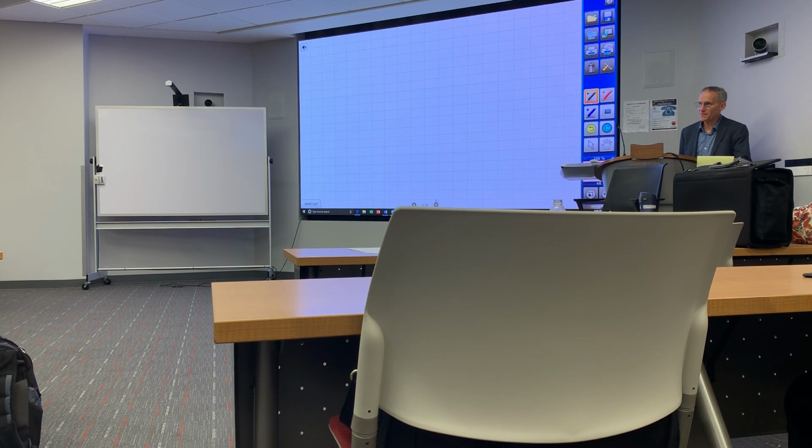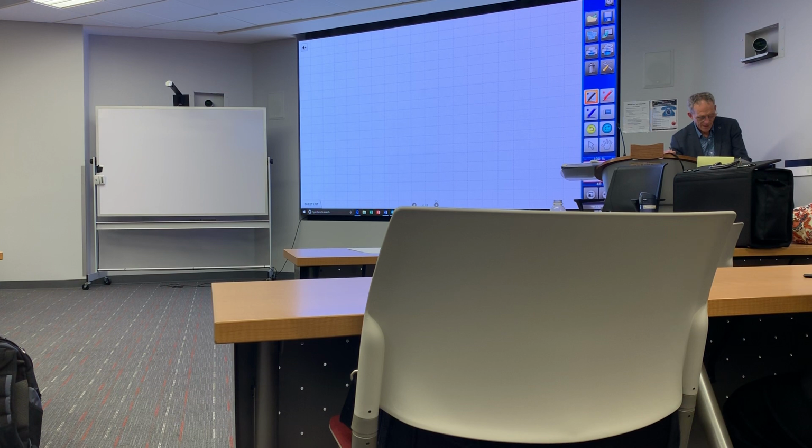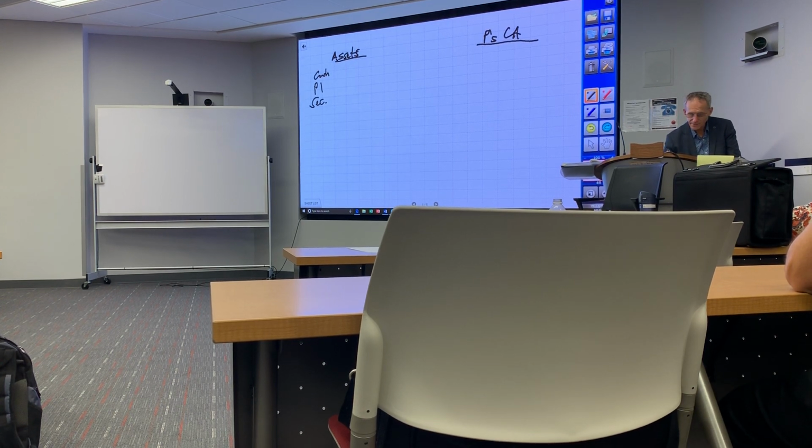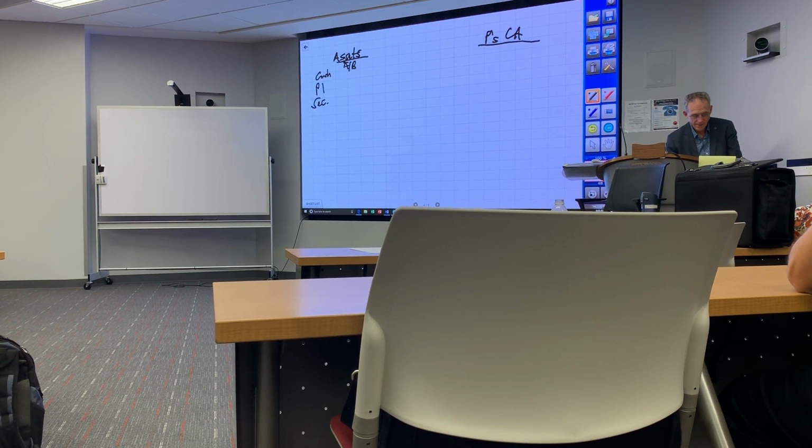Everyone have their balance sheet? So we have our assets. Yep. So you guys should have cash, parcel 1, securities, and the capital account. We have adjusted basis, fair market or book value,